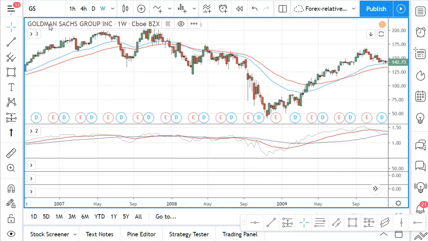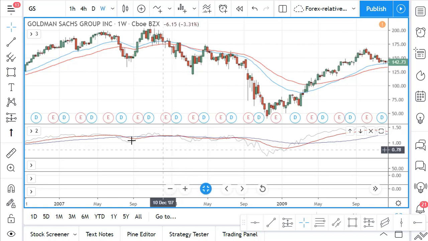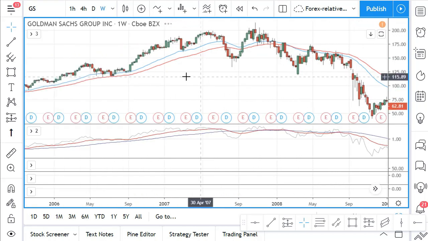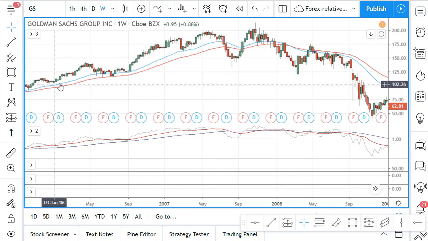Yes, here I just found the Goldman Sachs Group, and I went back to 2008. And I know, well, you say 2008, isn't that a bit easy because everything was dropping? Yes, well, something was dropping more than others. Because what you can see here is that we would have been in Goldman Sachs all the way up here, up until